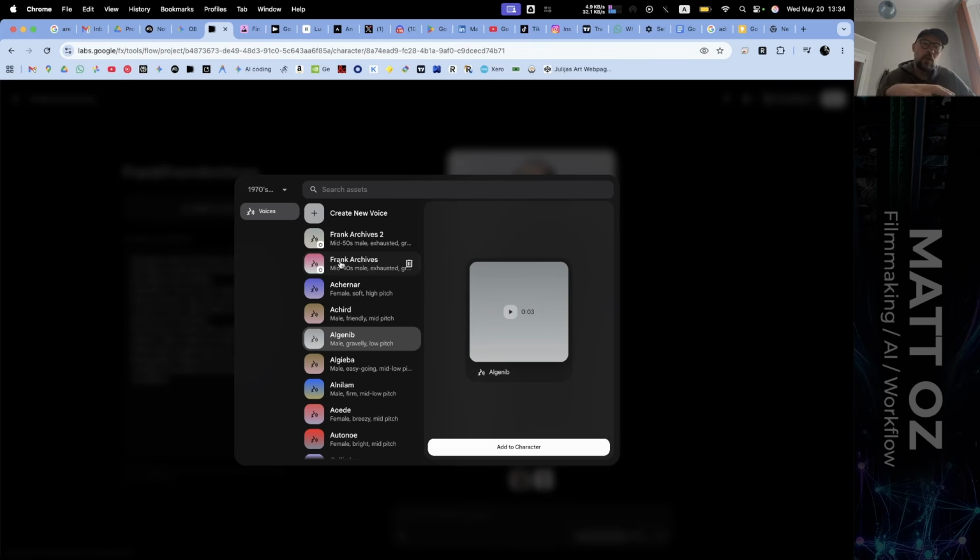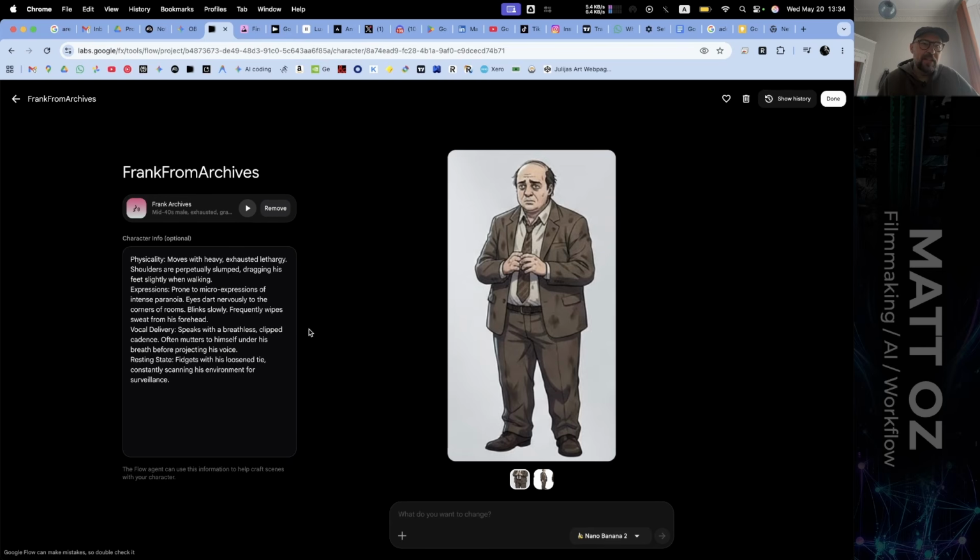But putting your own instructional voice in there, particularly once you get up to the more sophisticated video models, though the Omni one, I guess, is the one that you're looking at here, the performance actually improved and was acceptable. But any other model with any of these basic preset voices, it wasn't really working. So we're going to use Frank from Archives, add it to the character.